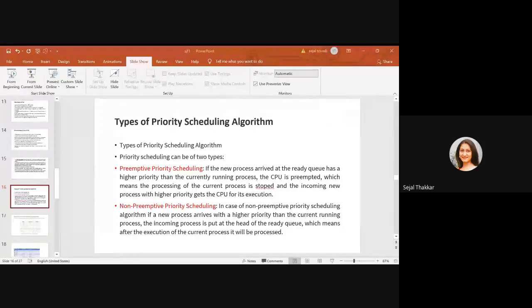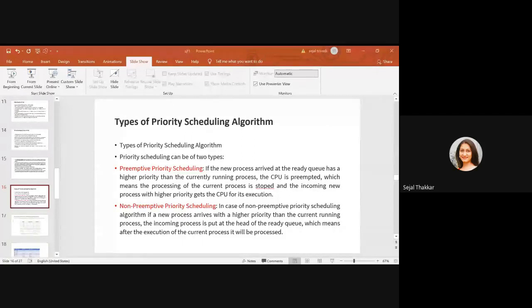Now the second thing, you need to check the arrival time, but the arrival time is not given here, so you need to consider 0 arrival time for all the processes. It means at time 0, all the processes have arrived in the ready queue, and from this ready queue you need to take one process at a time for execution, assigning the CPU and input output resources. So all processes, P1 to P4, are in the ready queue right now.